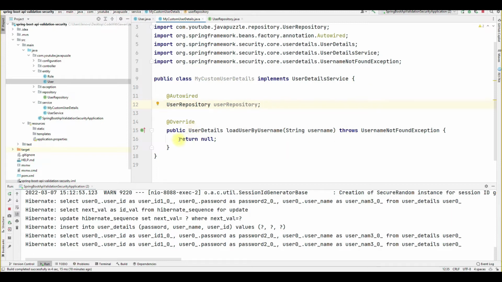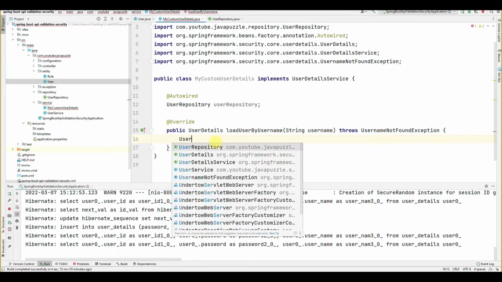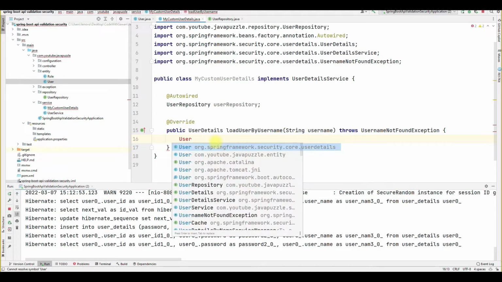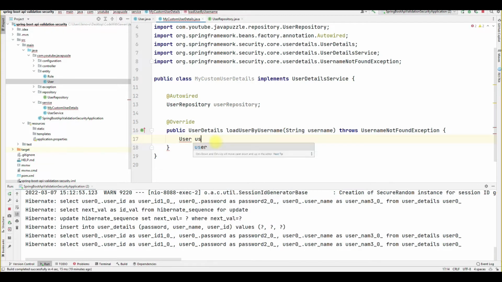Then firstly get this user, not the security one, from our entity class. User is equal to userRepository.findByUsername and pass the username here.